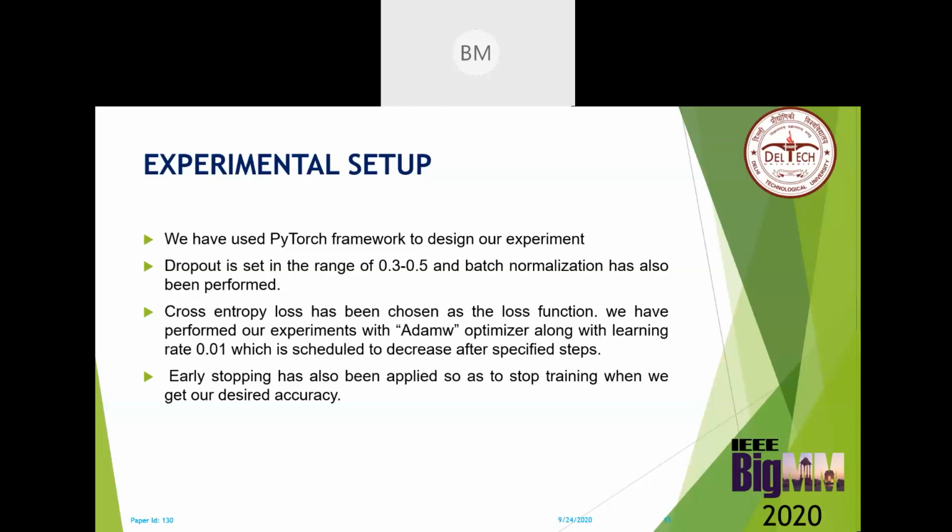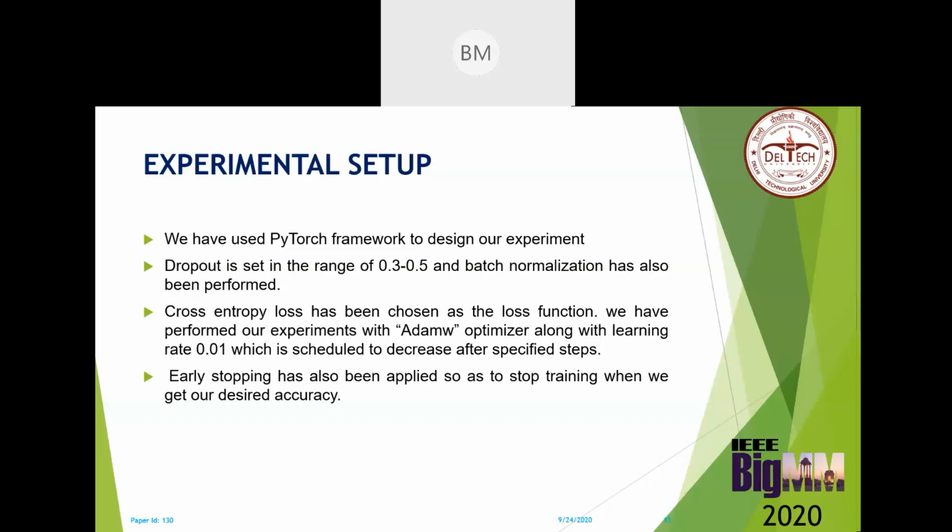The dropout is set in the range of 0.3 to 0.5, and batch normalization has also been applied. For the loss function, we have used cross entropy loss along with the AdamW optimizer. The learning rate has started at 0.01 and is scheduled to decrease after specific steps. The batch size has been in the range of 32 to 64, and early stopping has also been applied at